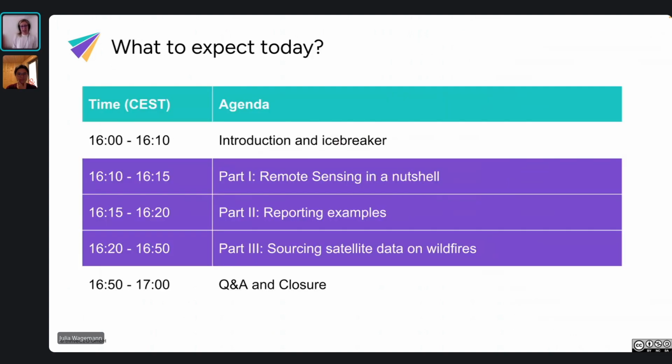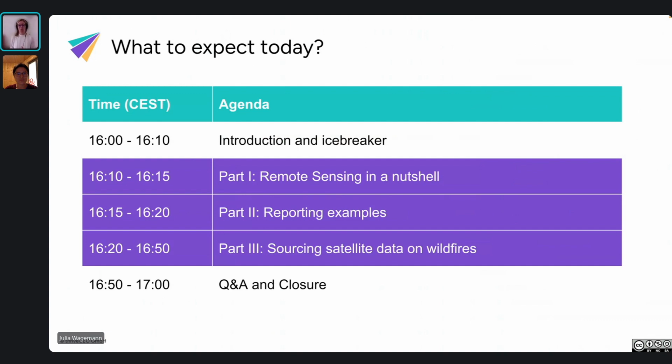Today we have 5 parts. We start with an introduction and a short icebreaker, and then we have 3 main parts. The first part gives you a really crisp and short introduction to what remote sensing is, how satellites actually acquire data, and what satellites can observe.